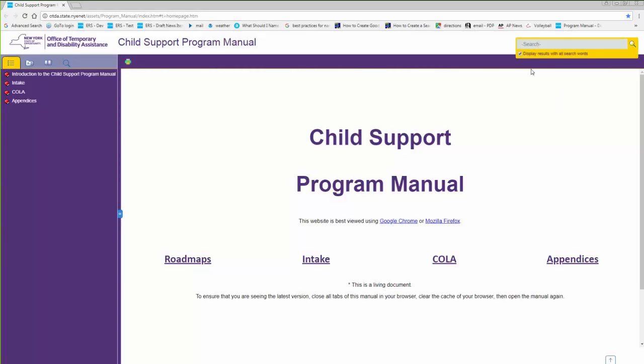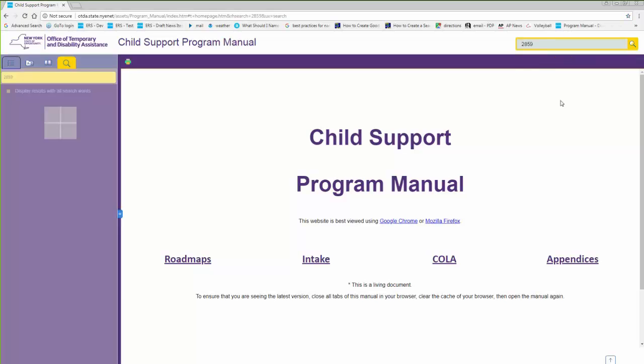When you go to the search box, you want to click this button here, display results with all search words. And this is a key point here, is that you should use multiple search words, because the more specific you are in your search, the more specific your results will be. So, for example, if we're looking for information about form LDSS 2859, I could just put in 2859 into the search box.